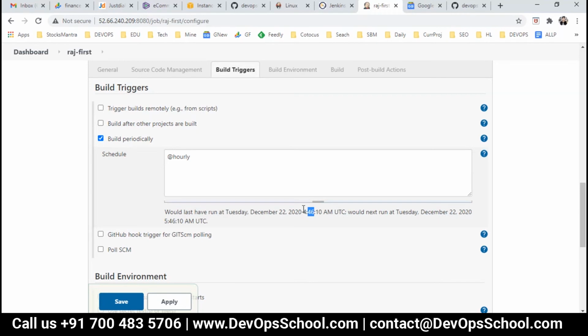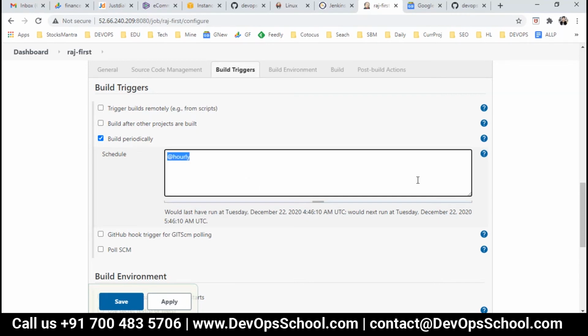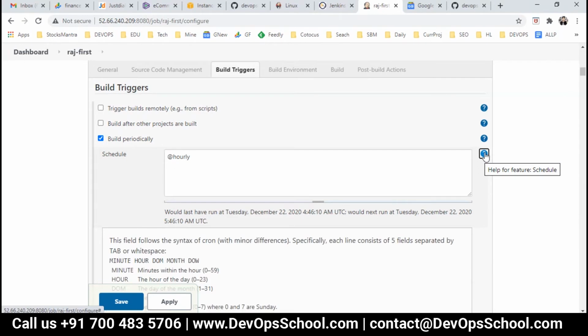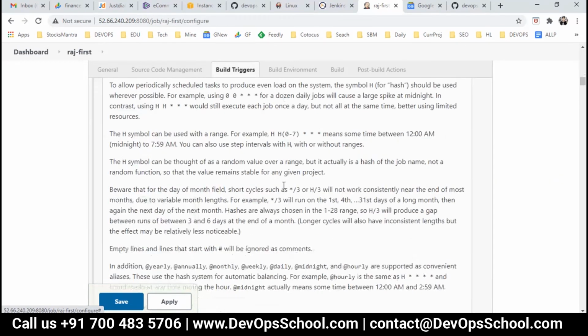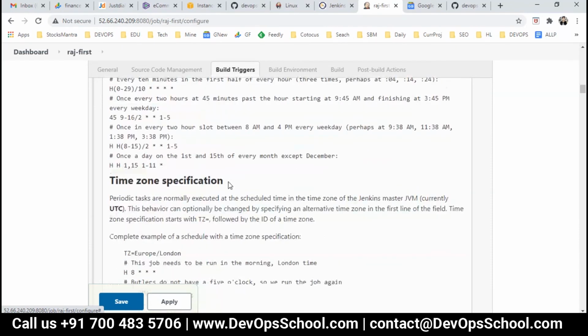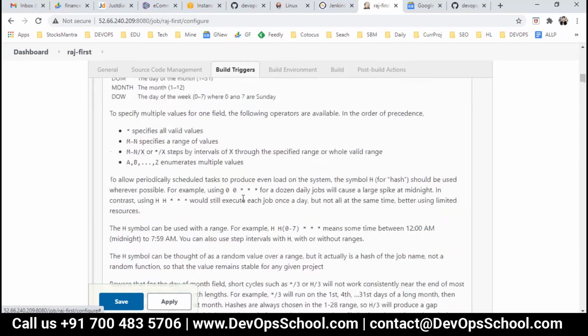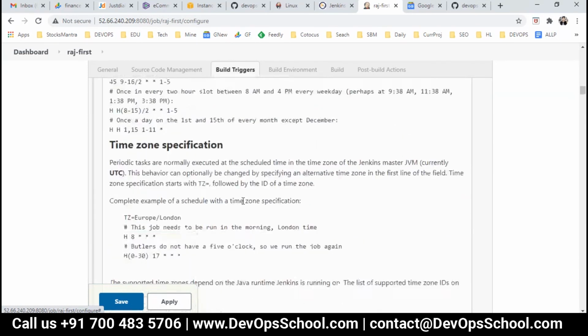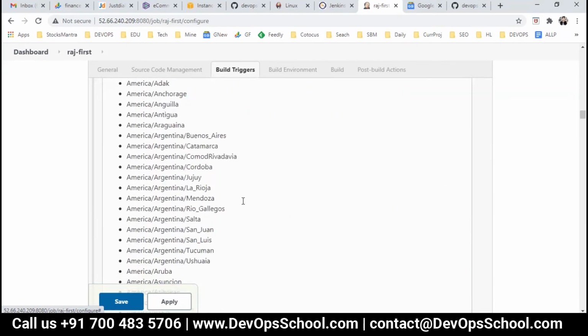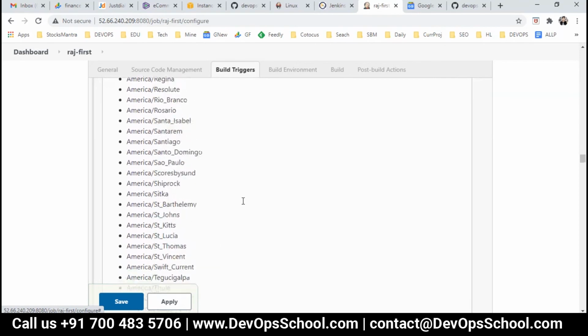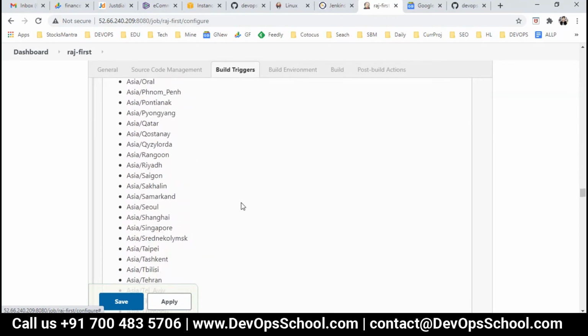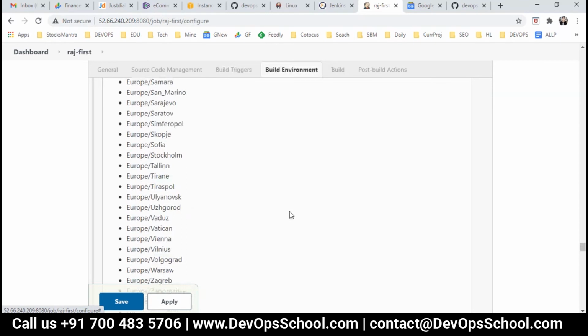If you don't understand this, look at this one also. Here you have a nice tutorial for cron and you can learn from here. If you want more tutorials, in the bottom sections you will have some URLs that take you to different pages where you'll get more tutorials.